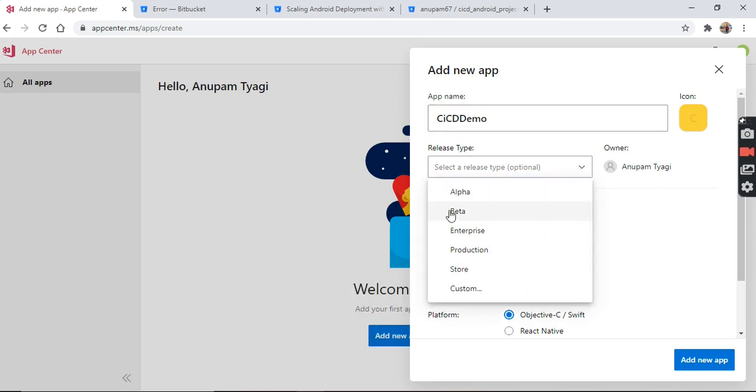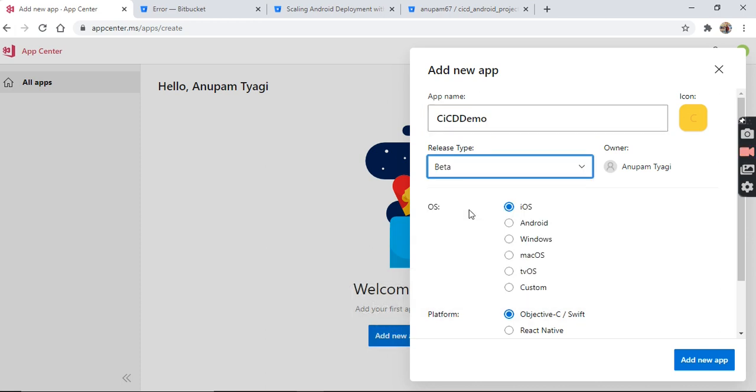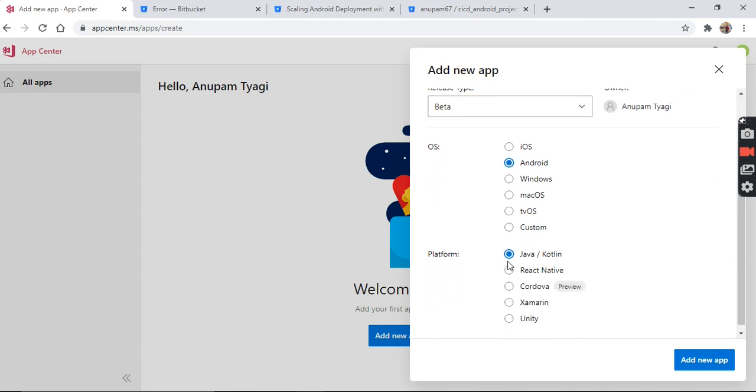The release type we can say is beta. First I will distribute my build in tester mode. After the testers verify and test the build, we will go for production. It is a general practice to first upload on beta. In my case my application is Android, and the platform is Java and Kotlin.